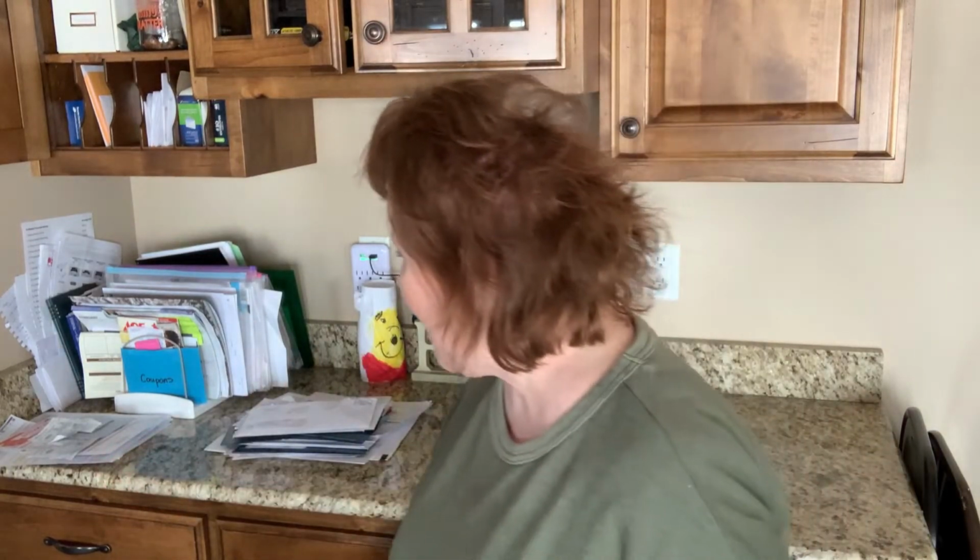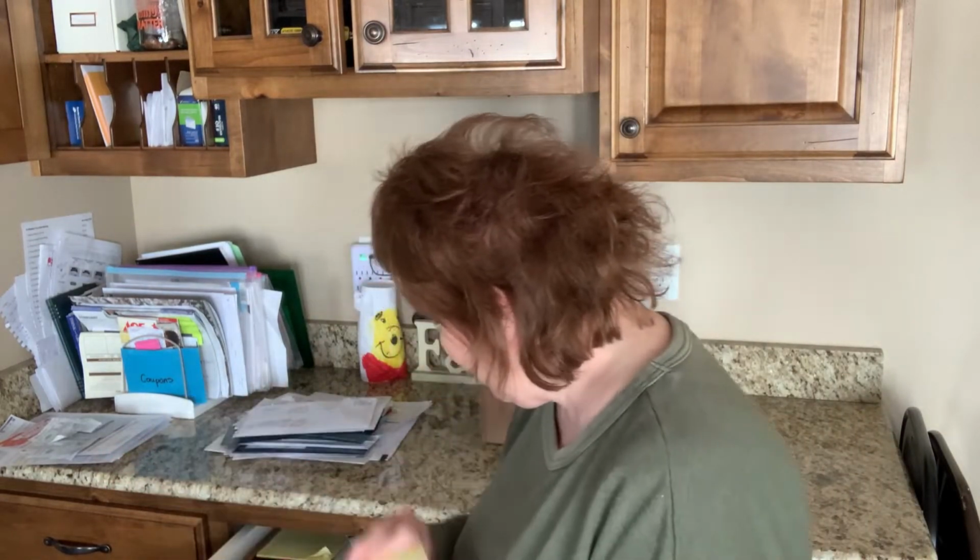Step one was clearing out, sorting, so I know what it is I need to deal with. What are my piles? And so step two, I'm going to just get a notepad. I've got enough of these in that drawer. So I'm going to start writing down the dimensions of my cupboards so that I can get an idea of how big of containers I might want to use. And then this is also, as I'm measuring, going to be a time when I can kind of think through,